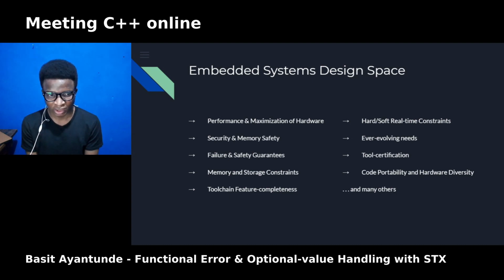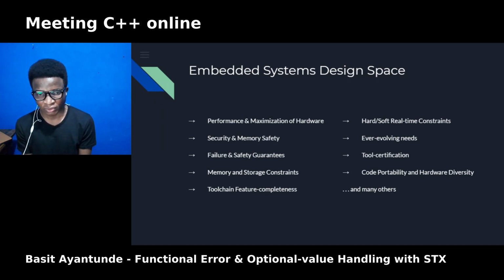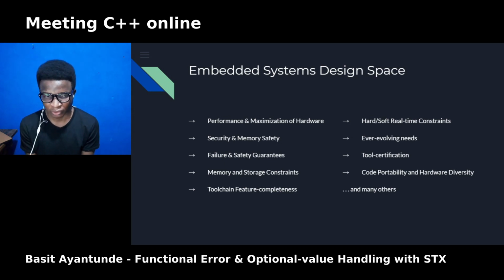Another one is we try to have strong failure and safety guarantees, unlike normal systems. And we have very, very small memory and storage constraints. You can have embedded devices with like 64 kilobytes of RAM, 128 kilobytes etc. So you have to pay close attention to your code and what features and facilities you pull in.